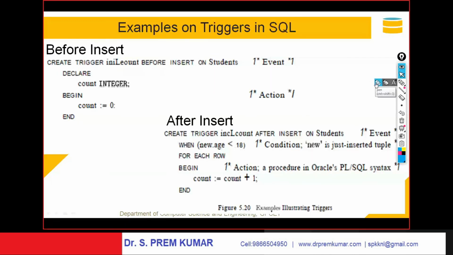In triggers, you have before triggers and after triggers. Of course, all this will be demonstrated practically in your laboratory sessions. Create trigger name; you can give any trigger name. Before insert, you observe here, before